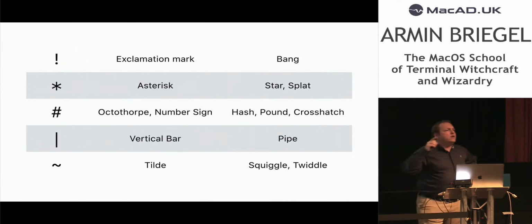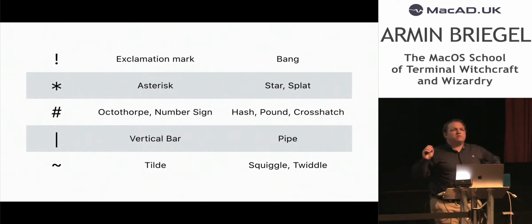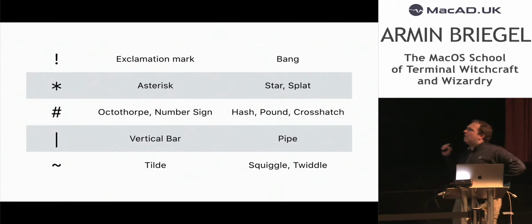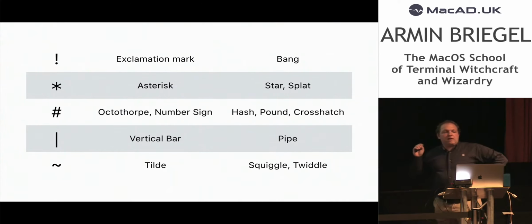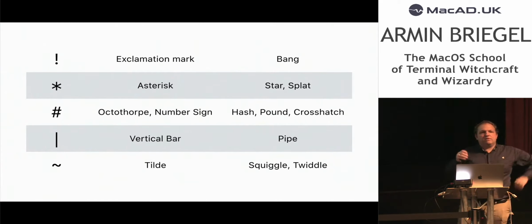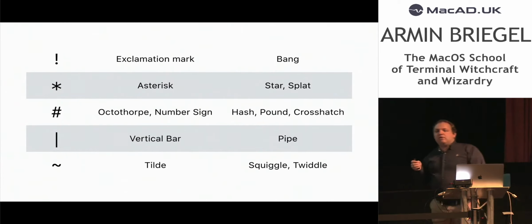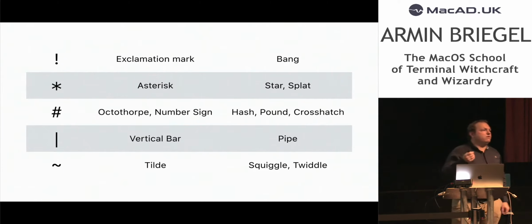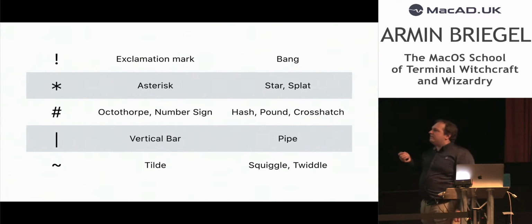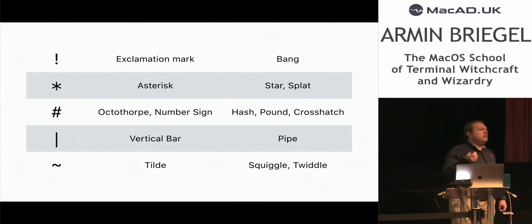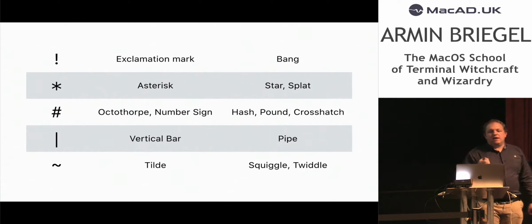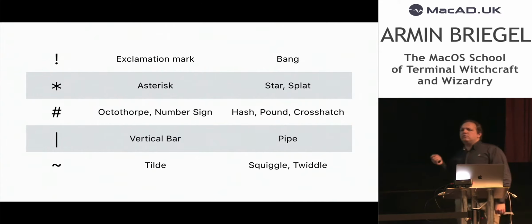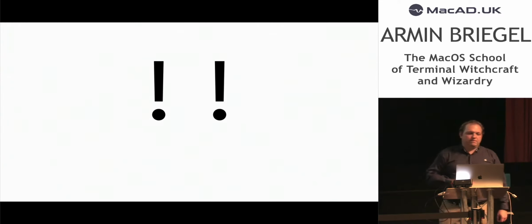If you're a non-native English speaker, this is extremely confusing. And I'm quite sure that even if you are, this might be confusing. The exclamation mark is often called a bang, because it's an exclamation. The asterisk is obviously sometimes called star, but also splat. Also obviously. The number sign has a whole list of names, Octothorpe definitely being my favorite, but it's most commonly known as the hash. The vertical bar in Unix is of course the pipe. And the tilde is also known as squiggle or twiddle and a whole group of other names.